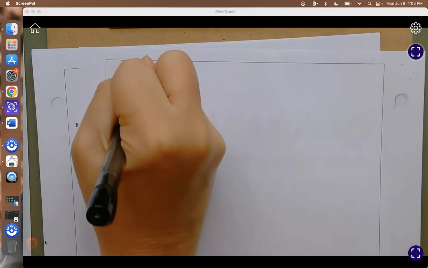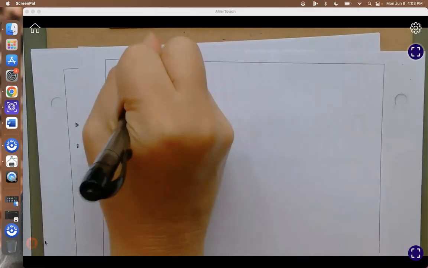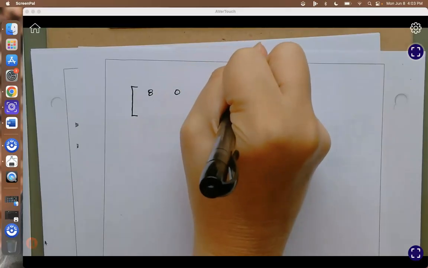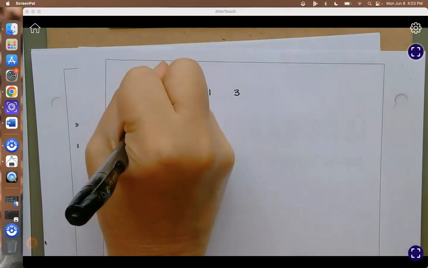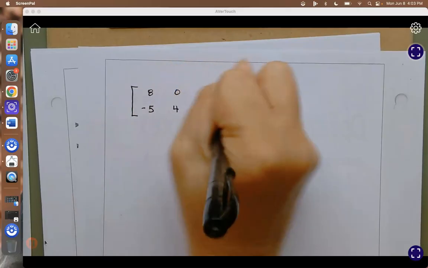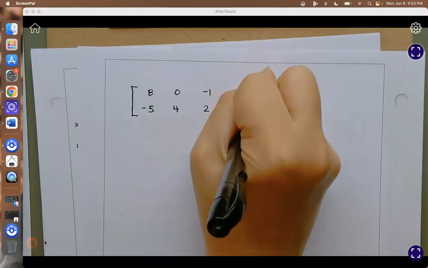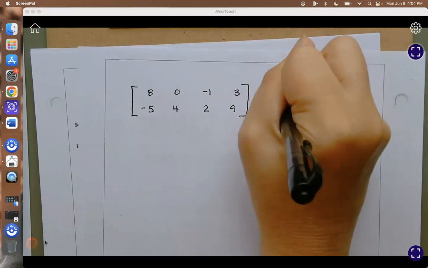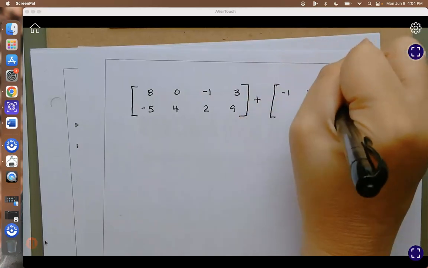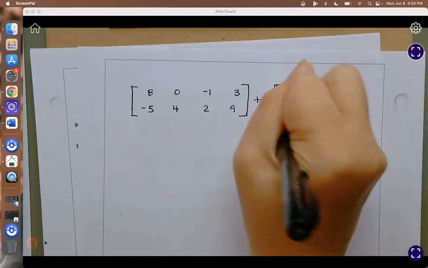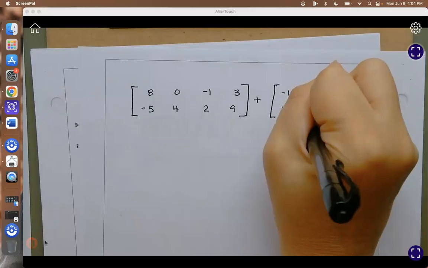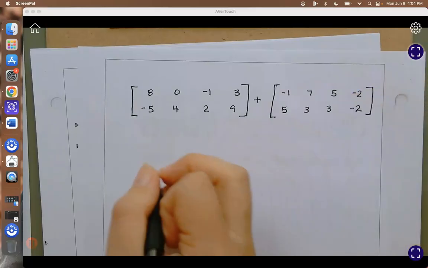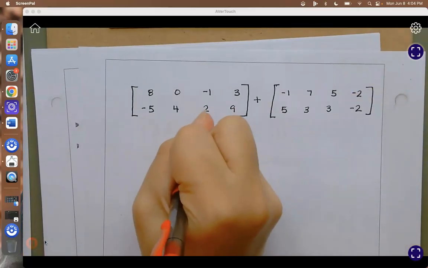All right, so this one, the first row is going to be 8, 0, -1, 3. Second row is going to be -5, 4, 2, 9. We're going to add it to: first row is -1, 7, 5, -2. Second row is 5, 3, 3, -2. Okay, and then the answer to this one,